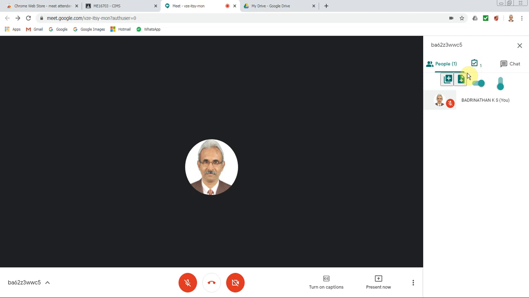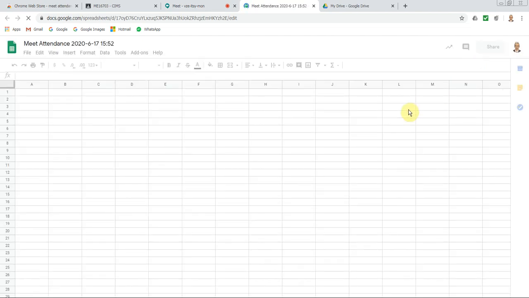For tomorrow's class I want to take it on another sheet, not on another new file, another sheet, to differentiate. So now I switch it off, I add a new sheet, and then I switch it on, and now I take attendance. Now let's see what has happened here.